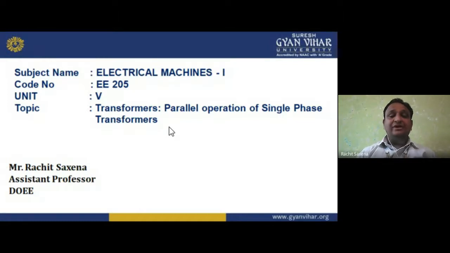But DC we can't do that. So if we want DC, the simple procedure is to purchase a 12 volt battery from the market. If I need 24 volt, then use two batteries in series. But if you don't want to purchase a battery, then make a rectifier circuit and convert the 240 volt AC in your house into 6 volt or 12 volt using a transformer, and then rectify it into your desired level of voltage. So that we can do.